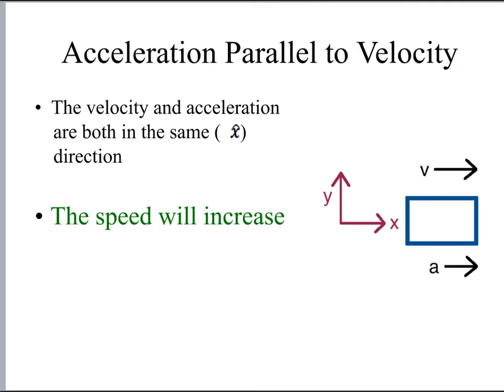So I just wanted to briefly go over the different possibilities here. The first scenario that we have is the acceleration and the velocity in the same direction. I've got some box, it's moving with some velocity, and it's also accelerating. And if the velocity and the acceleration are both in the same direction, the speed is going to increase. And so we could say that this is in the positive x hat direction there,